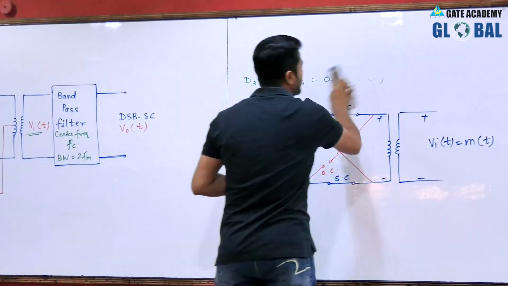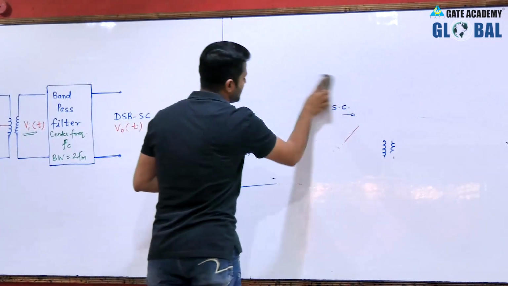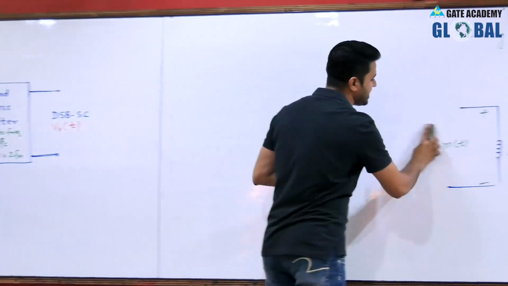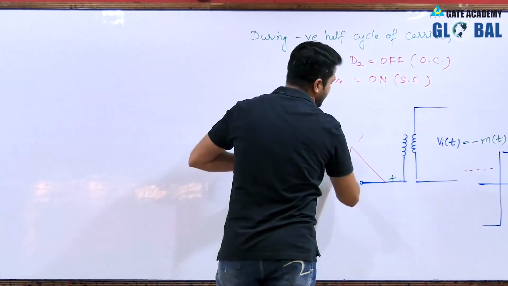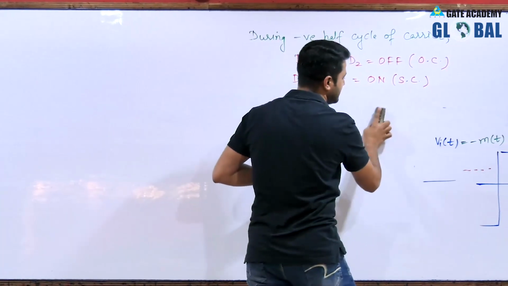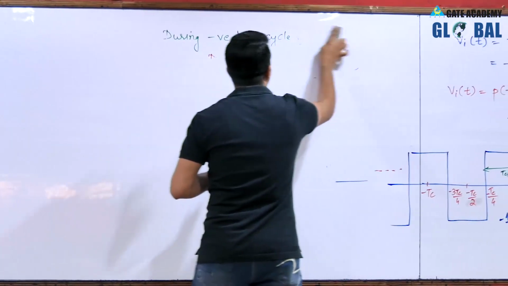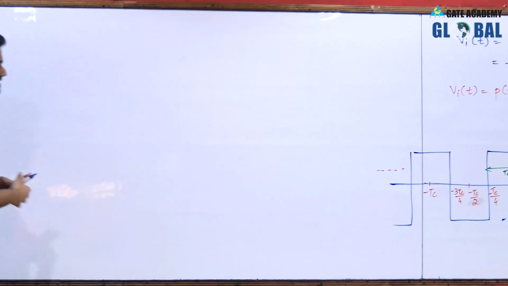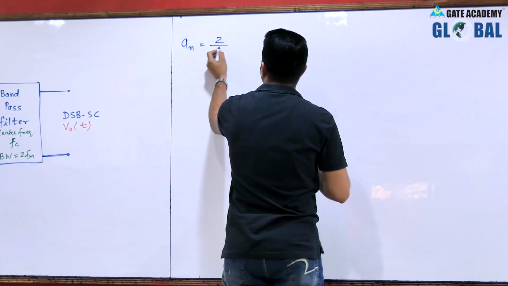So, what is the formula for An? Formula for An is, again we have to consider one time period, and the time period we will consider from minus Tc by 4 to 3 Tc by 4, as we have seen that it is easy to integrate if we consider this time period, because we have to break into only two sections, that is minus Tc by 4 to Tc by 4 and Tc by 4 to 3 Tc by 4. So, we will consider the same range to calculate the value of An, and the value of An is 2 upon time period,